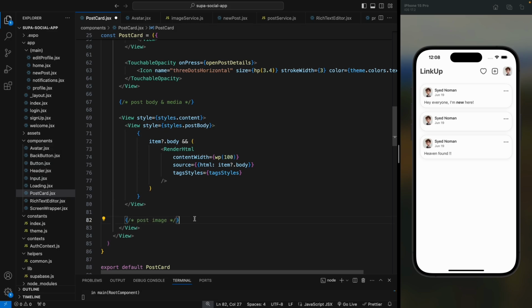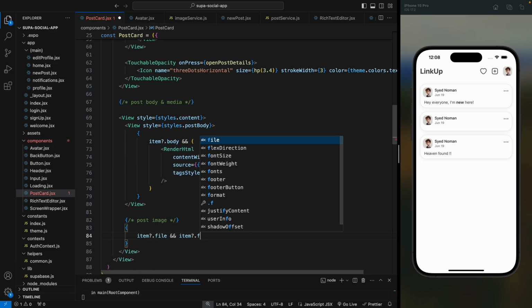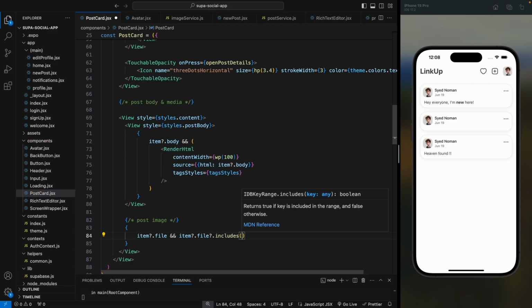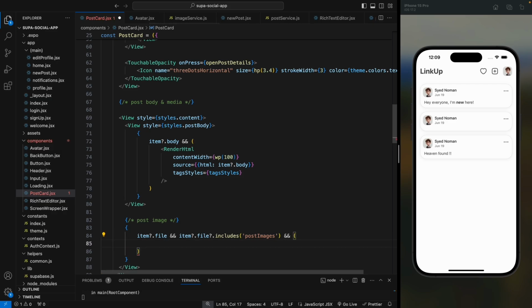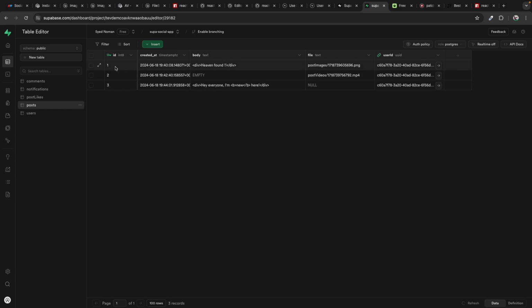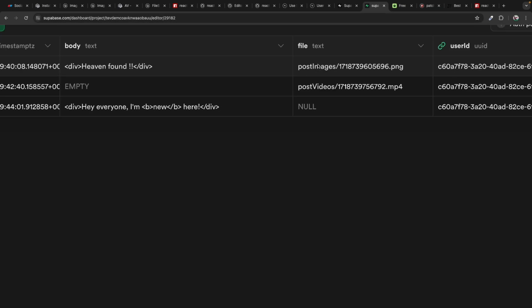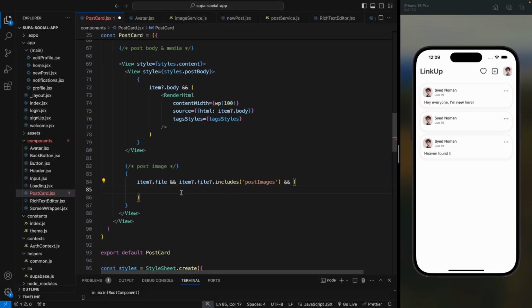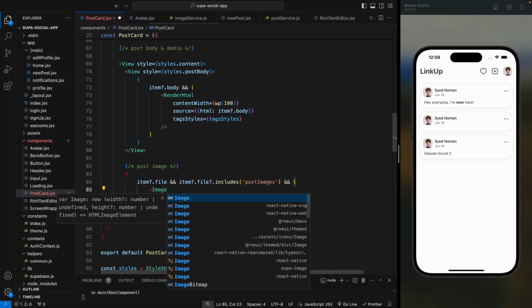Now I want to show the post image here, but first we need to check if we have the file and it's an image file. So we can use a function includes and see if this file includes a string as postImages, because each file has a path and it should include the folder name. And if you see in the Supabase, each file includes a folder name, postImages or postVideos. So if it includes postImages, that means it's an image file,